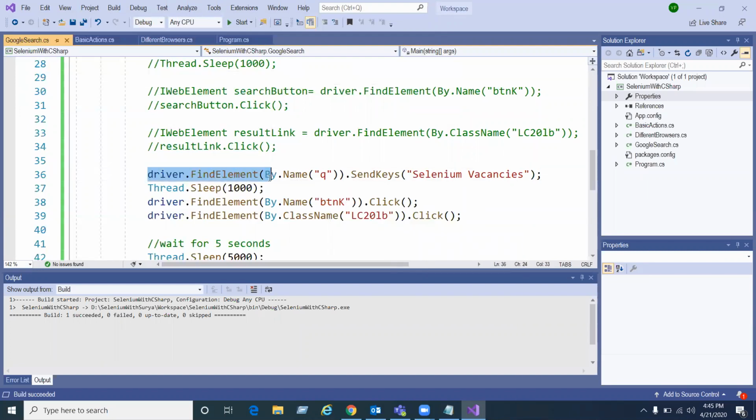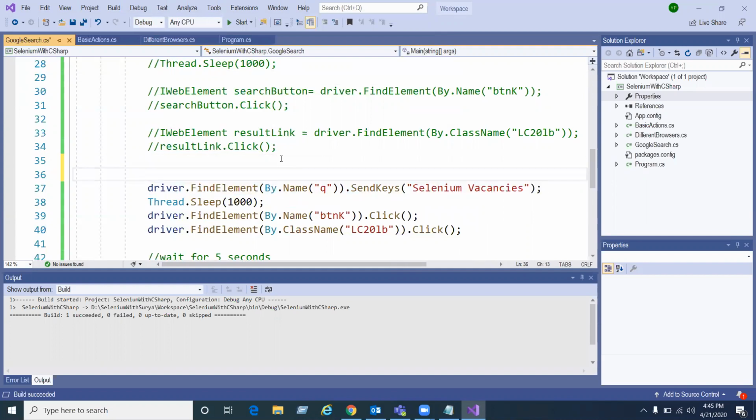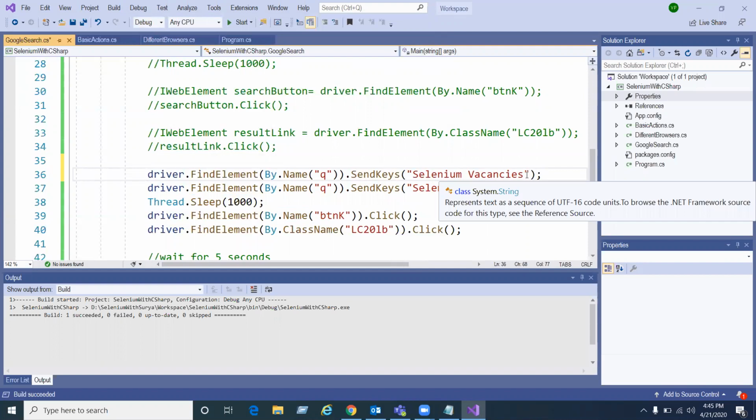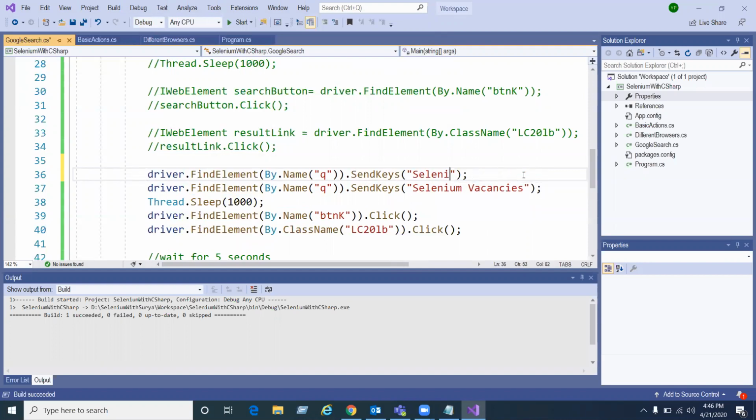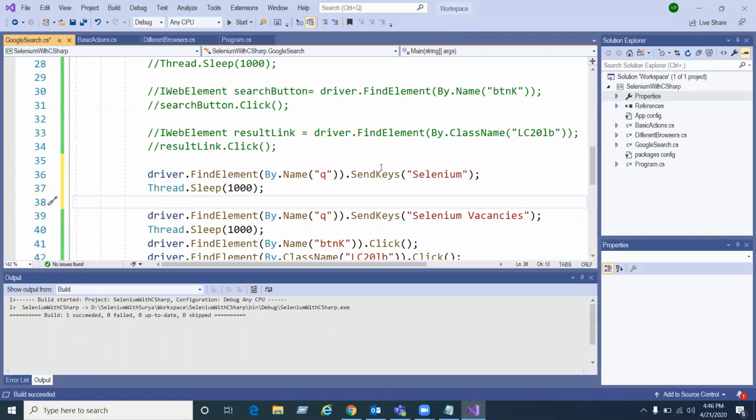Let's say you are writing something like Selenium. Just use a 2 seconds gap. After that, you are trying to clear the content.